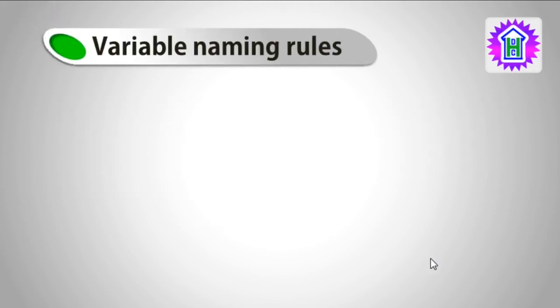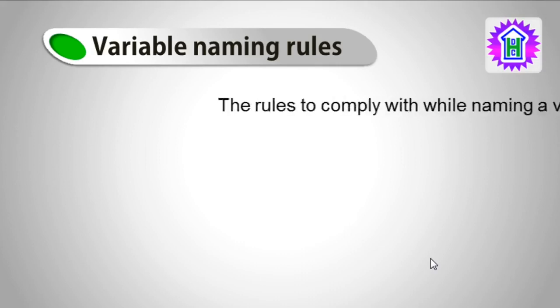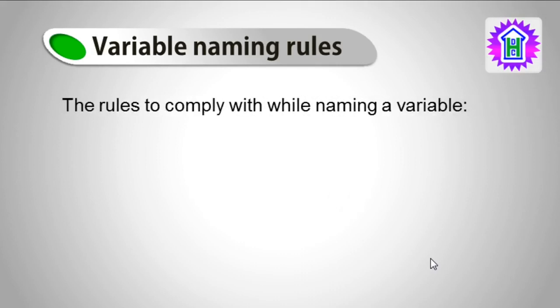Now the next topic is variable naming rules. In JavaScript, how do we name a variable or identifier? There are some rules. So let us see the rules that are used to name a variable in JavaScript. The rules to comply with while naming a variable are: